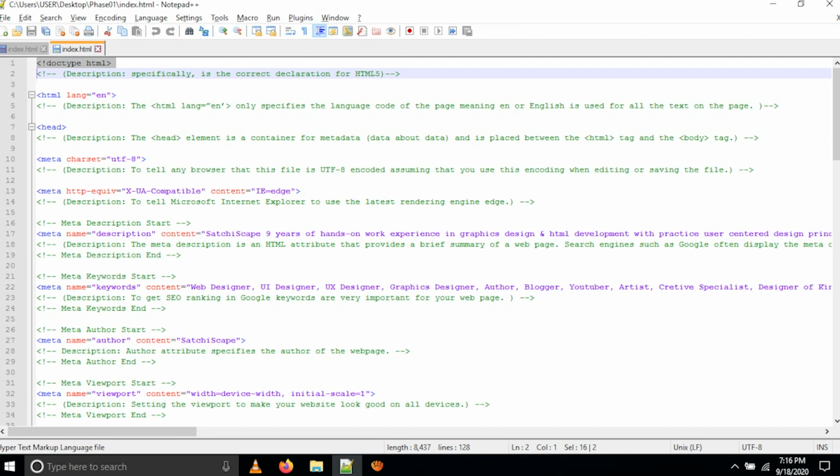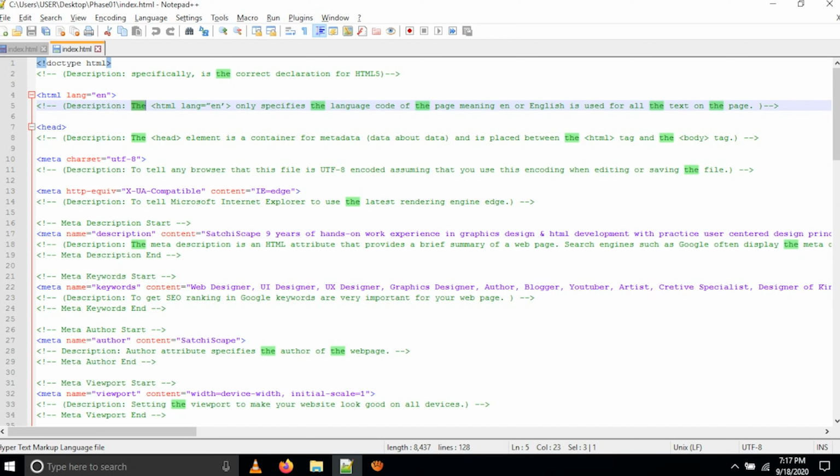Okay guys, after that you can see html lang="en". For what purpose are we using this html lang? In the description I have given: the html lang attribute specifies the language code of the page, meaning en, or English, is used for the text on the page.